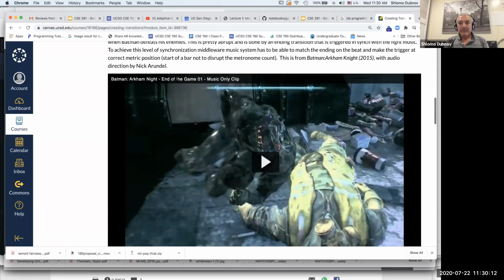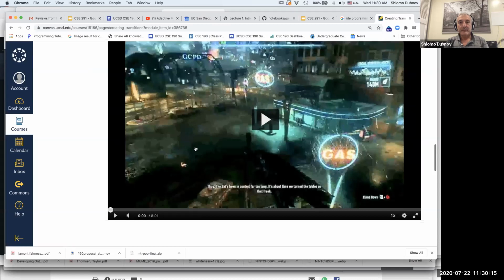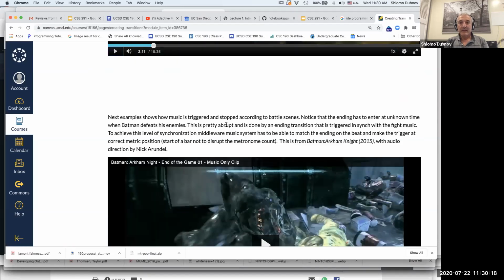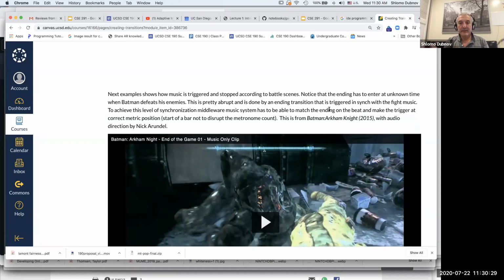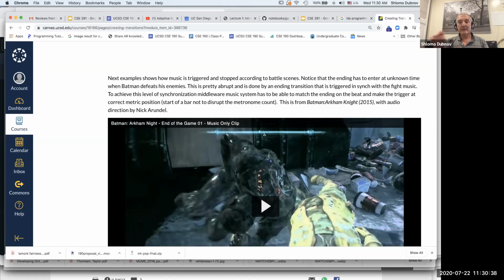More examples from Batman. Actually, there are two videos here, so you can just go and check them out. See basically when the battle stops or when the battle starts, the actual ending of the battle, and when Batman moves, and you can hear every time, there are several elements of this synchronization or this transition with synchronization, where you can notice. So try to find these moments and go back and forth and see that actually, once you realize, they're very much the same. I mean, the software actually triggers the same transition,